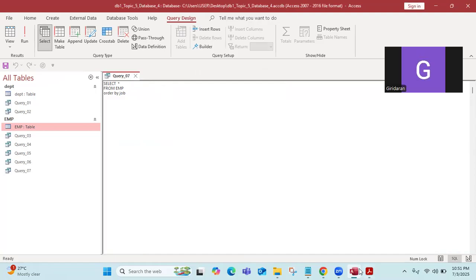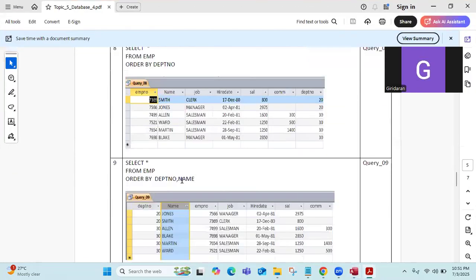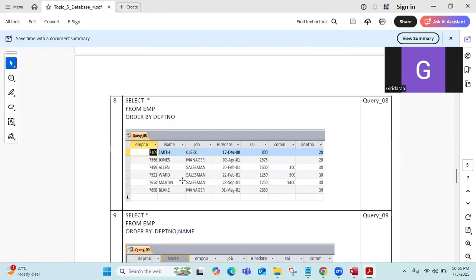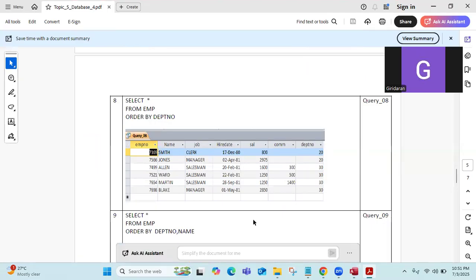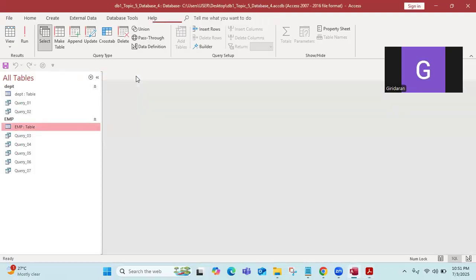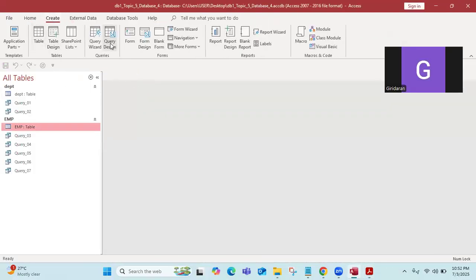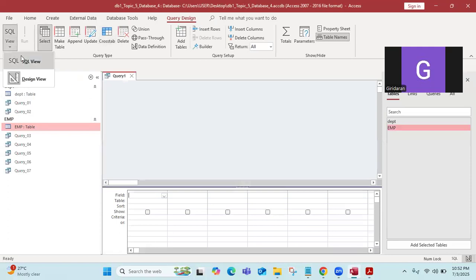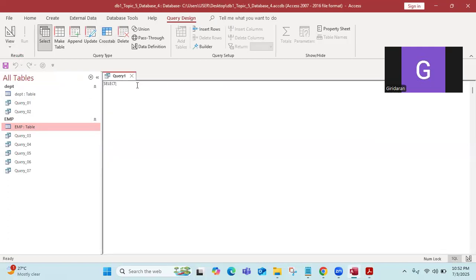Query 7 is okay. Then we'll see the 8th. Here you can see select all from EMP, order by department number. Then the output is ordered by the department number. So here again I'll go to create, query design, SQL view. I will type select all from EMP, order by